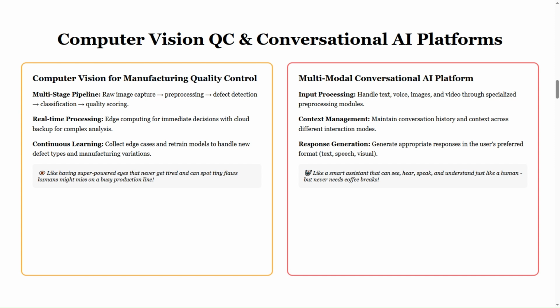Context management. Maintain conversation history and context across different interaction modes. Response generation. Generate appropriate responses in a user's preferred format, text, speech, or visual. Like a smart assistant that can see, hear, speak,